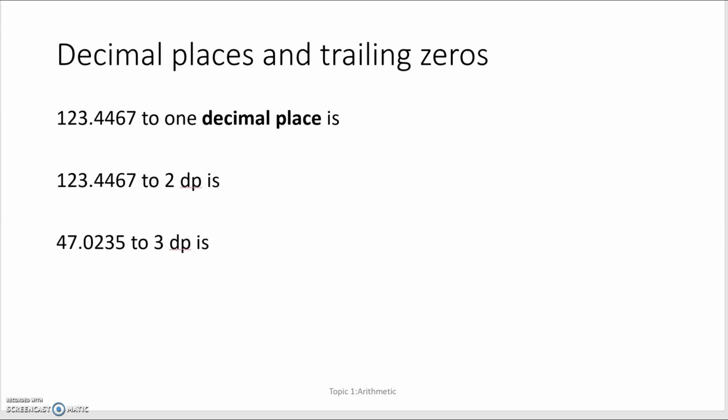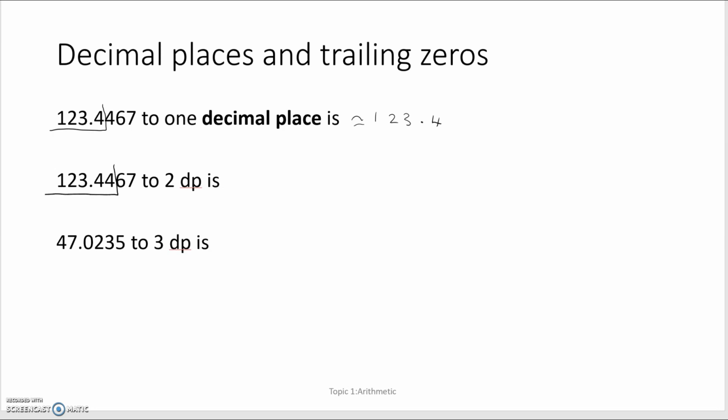We can also approximate by looking at the number of digits after the decimal place. So if we look at the first example there, we're going to do 1 decimal place, so we go one digit after the decimal place, so that's 4. Look at the next one, it's less than halfway, so we would leave that as being approximately equal to 123.4. Then we're going to approximate it to 2 decimal places, so we would count 2 after the decimal place